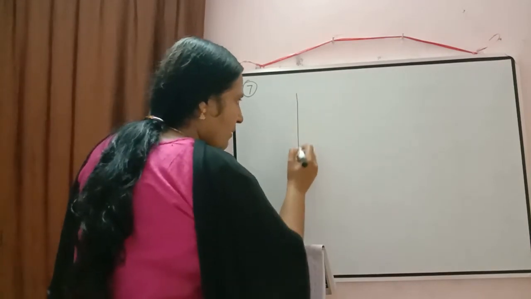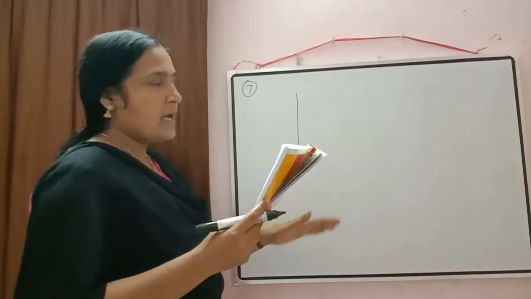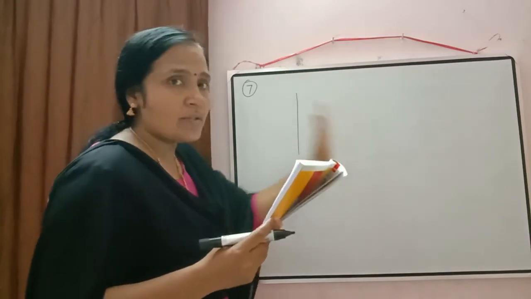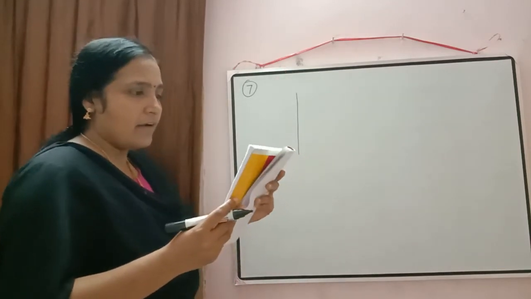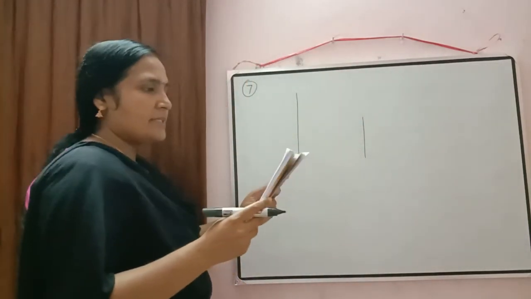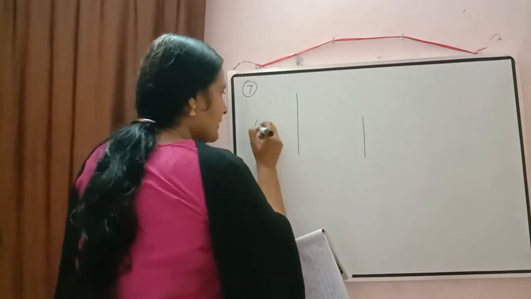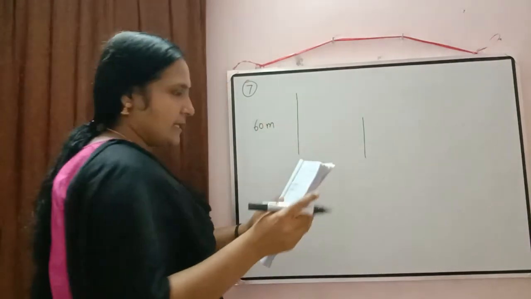So from the top of a building, if an angle of depression is formed, it means the point should be below the building. So we have a tower here in this way. And what is the information given? From the top of a building 60 meter high. This one is given, 60 meter.